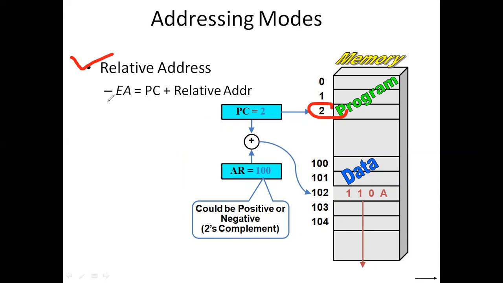PC माने की PC वो है जो अभी आपका प्रोग्राम इंस्ट्रक्शन करंट कौन सा है उसको पॉइंट कर रहे हैं, राइट? आप उसके साथ क्या कर रहे हो, एक एड्रेस ऐड कर रहे हो. क्यों? ताकि जो इफेक्टिव एड्रेस है आपको मिल जाए, राइट? So effective address is nothing but PC plus a particular address we are adding, which we are naming the relative address. Now look at this diagram. PC is what? 2 here. We are adding 100. So we will get this effective address and there you will find that.